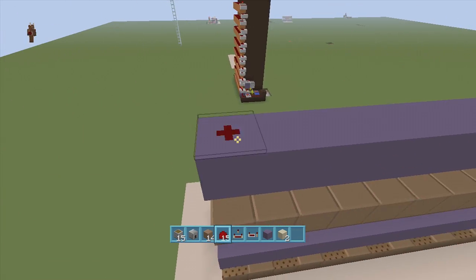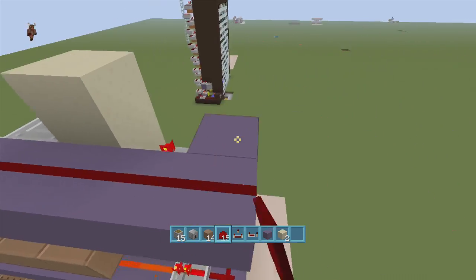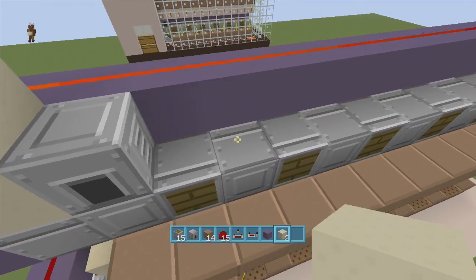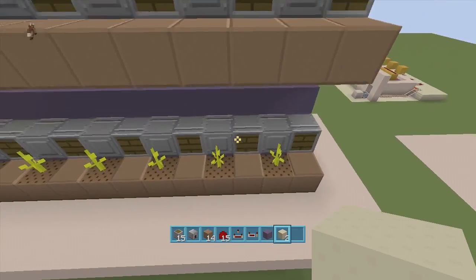Then going back towards it, we're going to take out our redstone dust and bring it all the way back towards it like so. Then off this one, we're going to delete here and put a repeater going that way, and that should be our whole budded state right there. You see they are updating, and now all we have to do is just put in our stems behind every